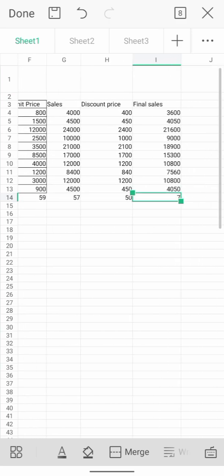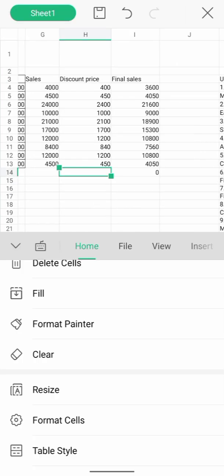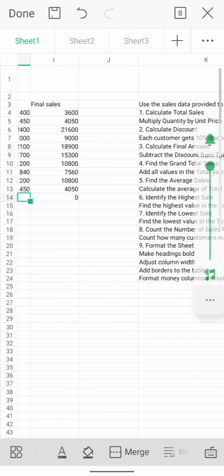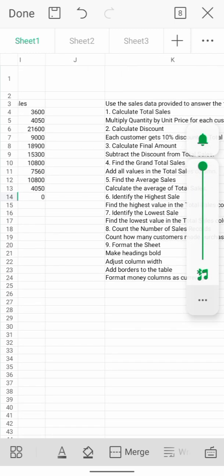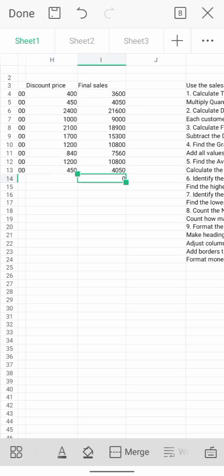So I have to delete the formula. I have to delete that line. So that is for that. So what is the next thing we are supposed to do? I said find the total grand sales. How do we get that? That is, we are making use of our